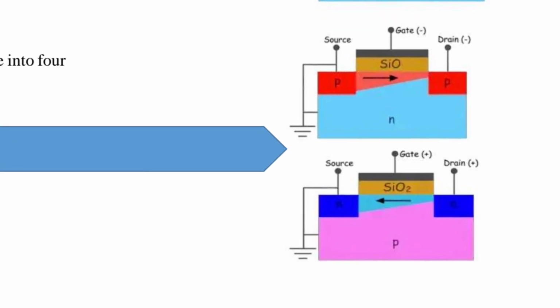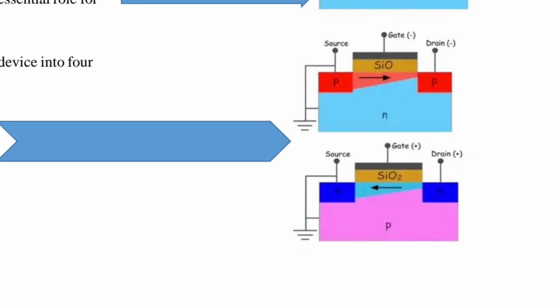So in this second diagram, there is a P channel enhancement MOSFET. In this, there is an N substrate. The heavily doped P regions are diffused into the N substrate. There is a silicon dioxide layer. There is an aluminum plate. These three regions form the gate, drain, and source terminals. The negative voltage is applied on the gate terminal. It forms the P channel between the P regions, which is used for current to flow from the drain to source. So it is called a P channel enhancement MOSFET.